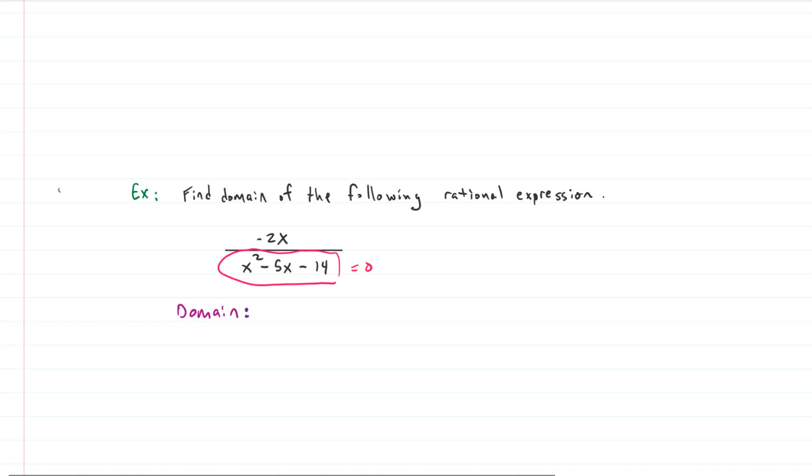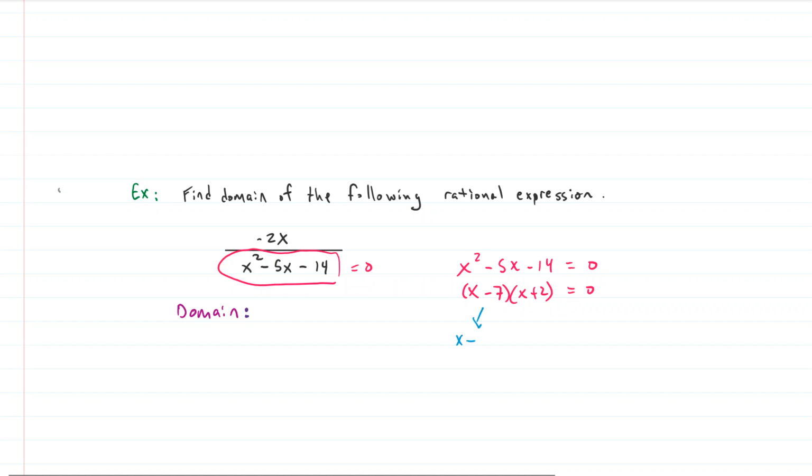x squared minus 5x minus 14 equals 0. And we need to factor this. So we're looking for factors of negative 14 that sum to negative 5. We have x, and this equals 0. So 7 and 2 probably would give us negative 5. If we have negative 7 and positive 2, that will work. So we've factored it,